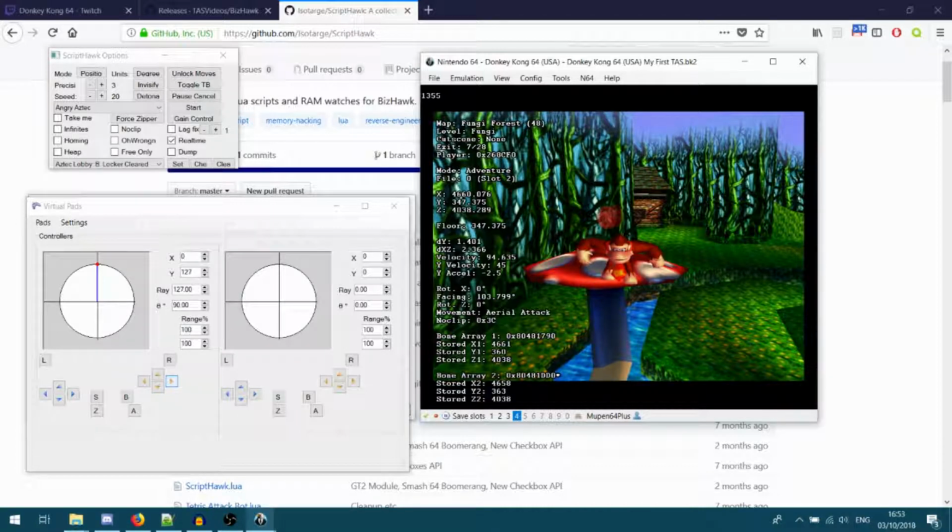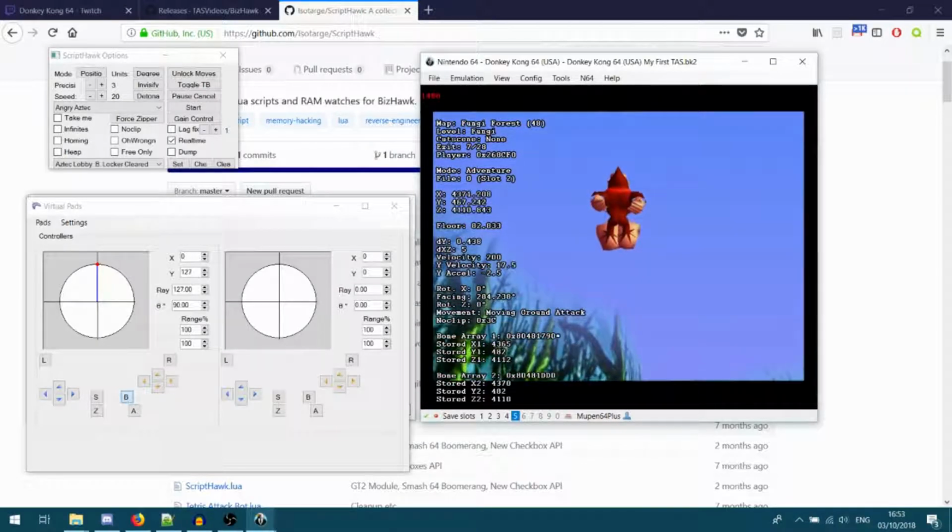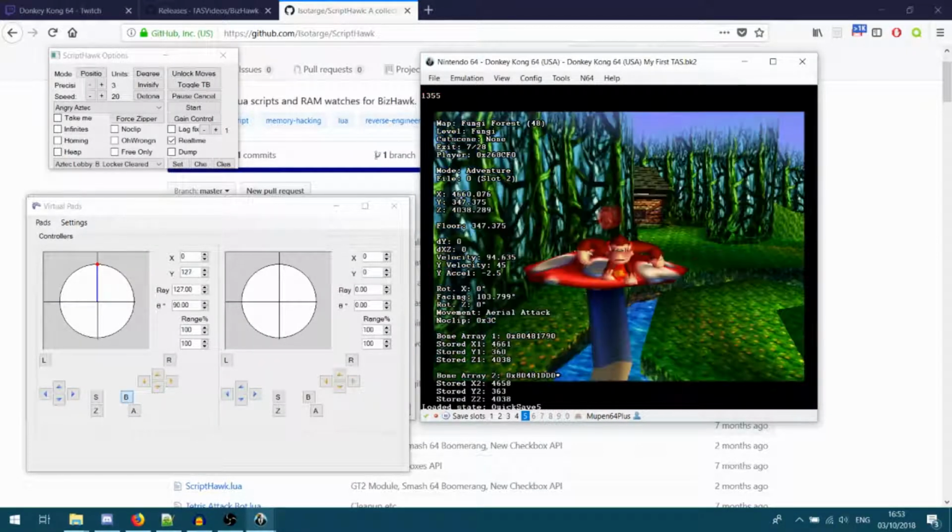So from this point, you can press B again. I'm going to put a save state here, so you can press B again, and you're performing a moonkick, as so. Note, moonkicks have to have enough velocity, so if you're getting a slap, you'll want to hold A for longer, go outwards, or go down more, and then